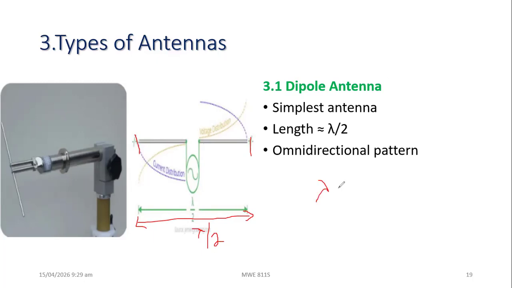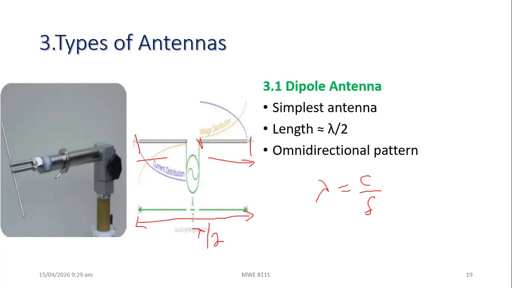We all know how to calculate wavelength: it's the speed of light divided by frequency. So depending on what frequency you're operating at, you can calculate the wavelength. Once you know the wavelength, you measure from this center going in that direction, and also from here up to there, and that distance must be a quarter